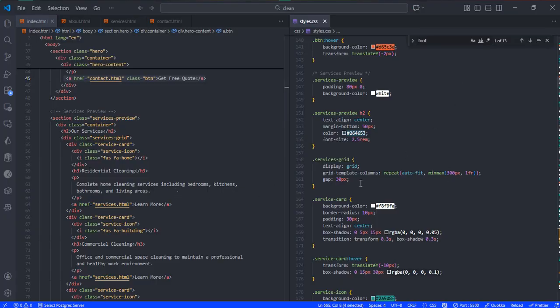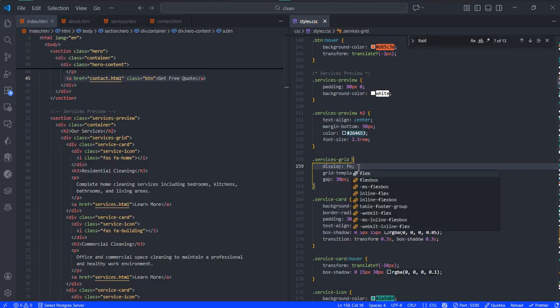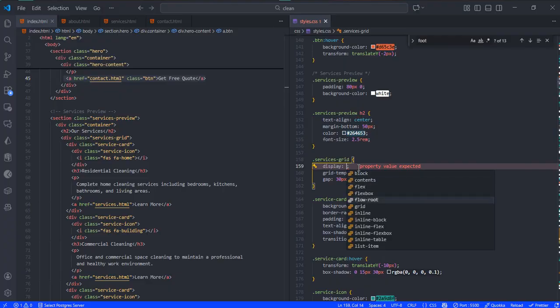Before that, let's talk about this grid. Grid is just a way to arrange, let's say, items on our screen, like a grid form, like we have boxes right now. You can make this display flex, or we have a couple of values here that you can use, but I chose grid